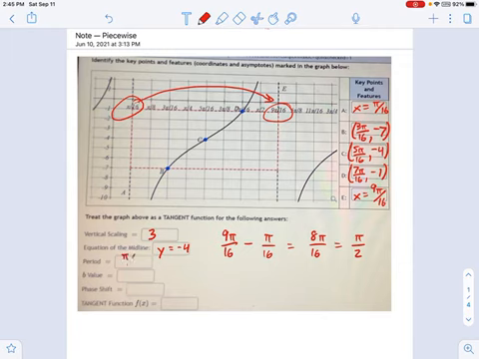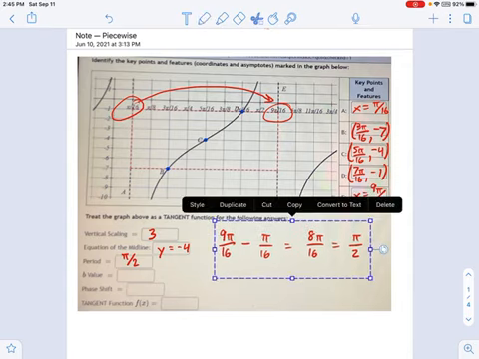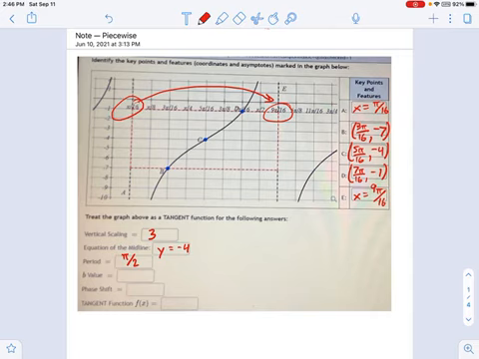And if you remember your parent tangent function, you'll know that's different, right? The parent function was pi. Now it's pi over 2. So something has changed in this equation to make the period shorter. And the b factor is what's responsible for that. This next one I'm talking about, the b value. So if you remember your equation for period, that is pi over b.